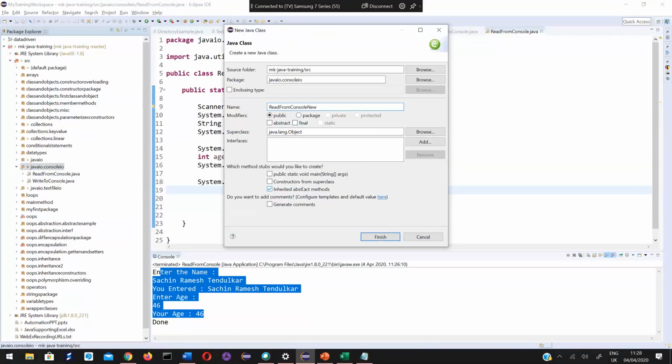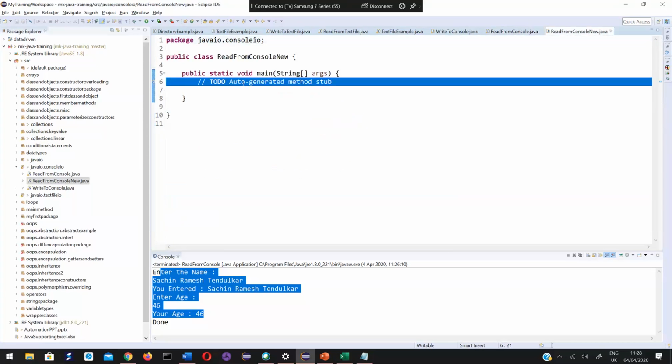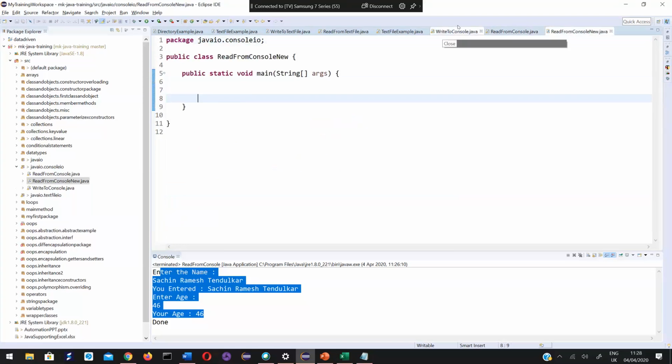Sometimes I need to write code in such a way that I need to keep on accepting the values. Let me write the code for that.